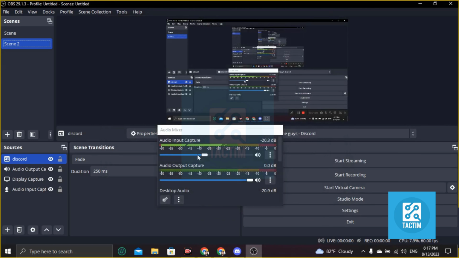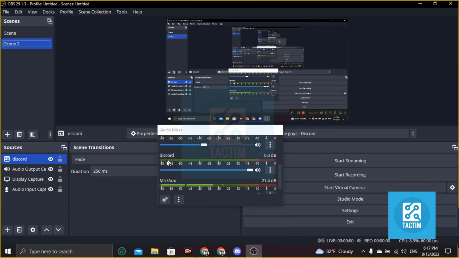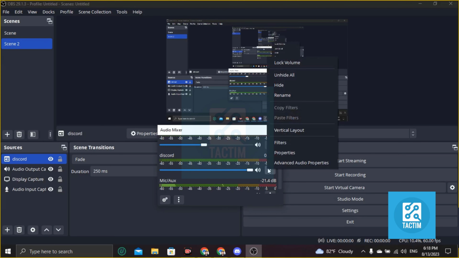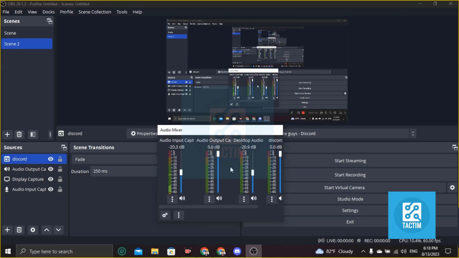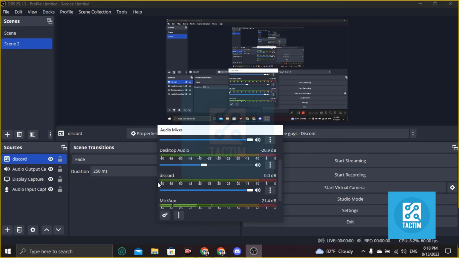Now if you scroll down, you can see here desktop audio, and you can find Discord too. Now Discord is running here,